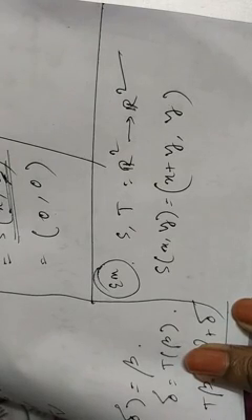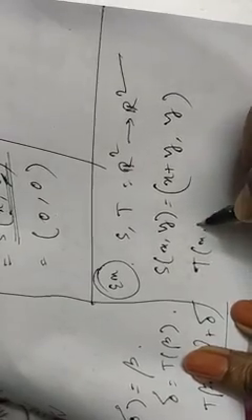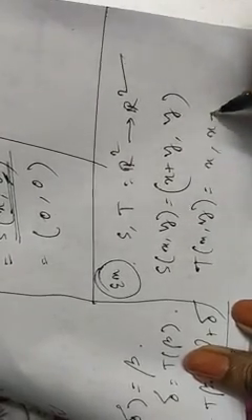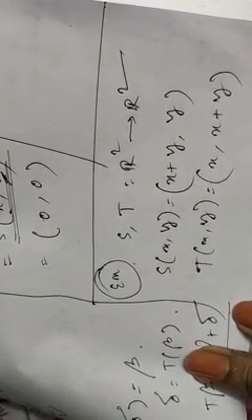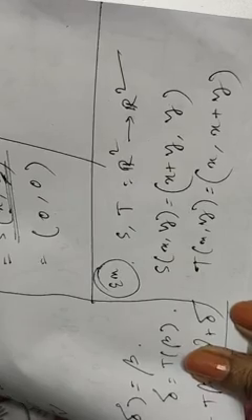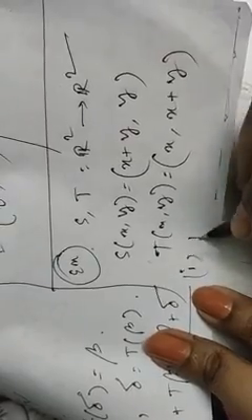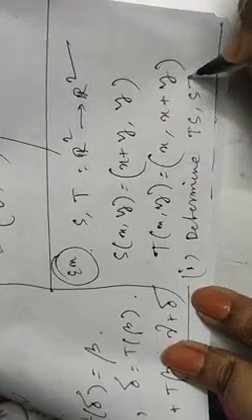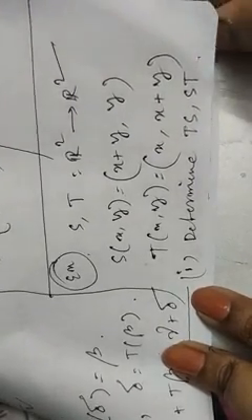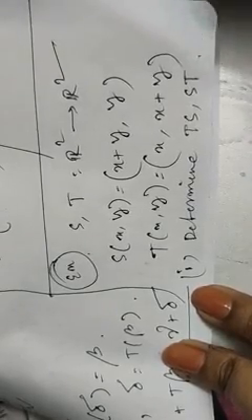Then number 1, determine TS, ST. This is question number 1. And question number 2 is prove that TS minus